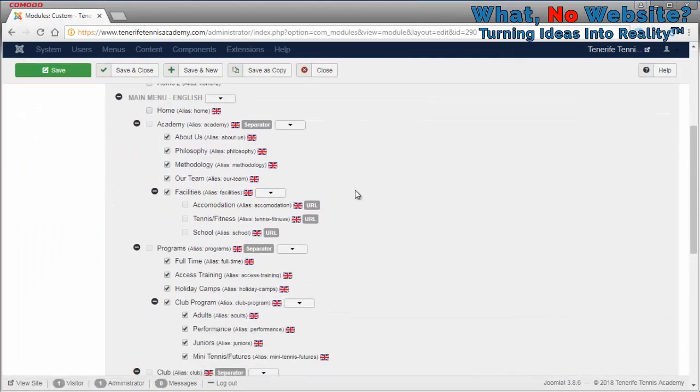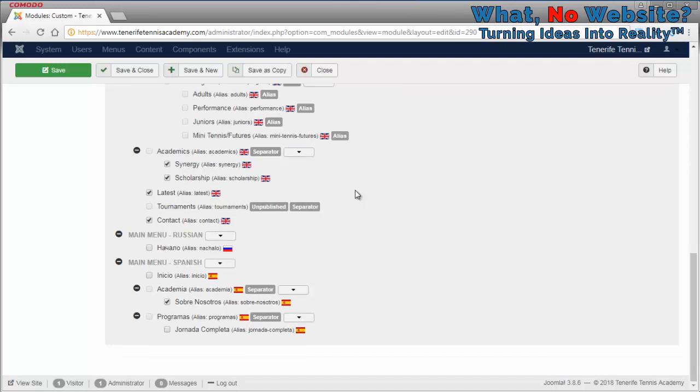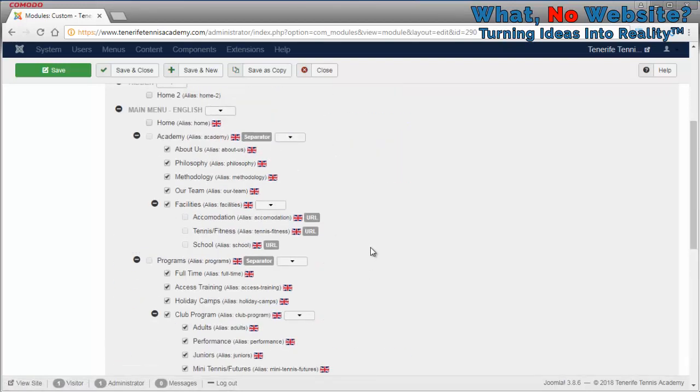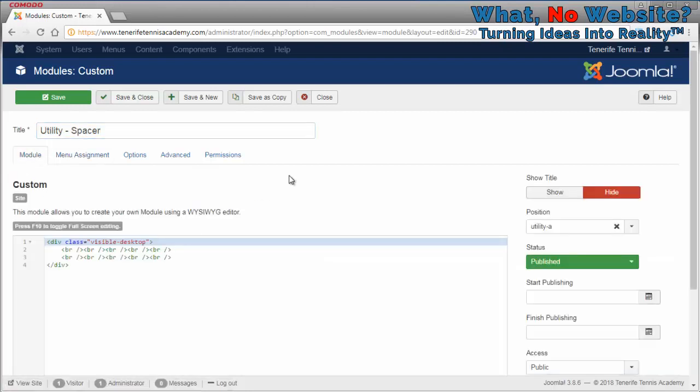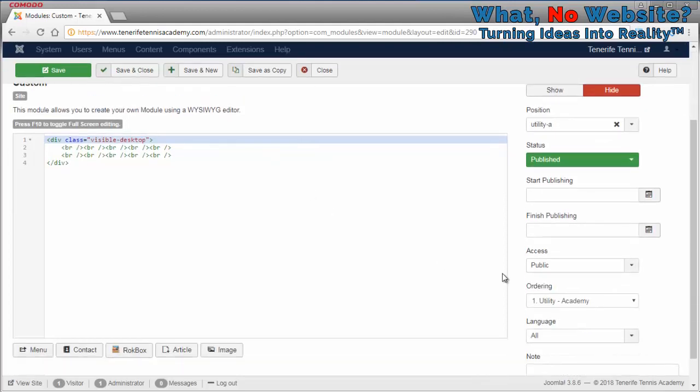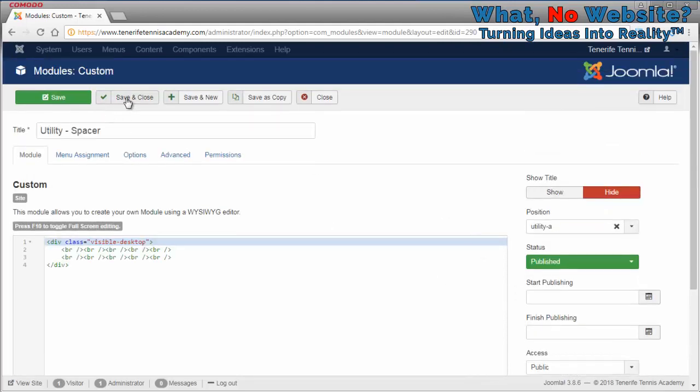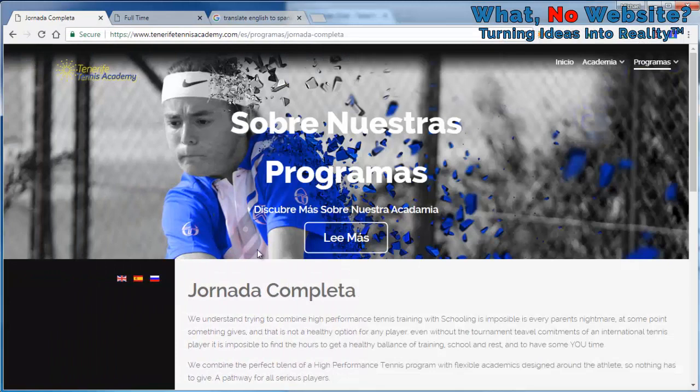Menu assignment. So we're going to put that on the Spanish page as well. In fact, we'll rename that because it's a spacer. And all this contains is line breaks to push the image down, nothing more. And you'll see it's set to all languages. So if I click Save and Close now, refresh this page,